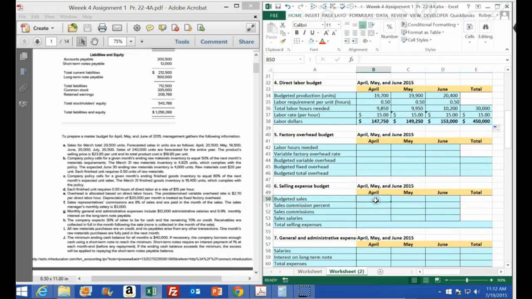Therefore, we're going to start off with, in the factory overhead, the labor hours needed. And we just calculated the labor hours needed. So we're going to say that equals, in this case, for April, the 9,850 labor hours needed for April. And then we're going to take those across. Once again, we're using the labor hours not because we're calculating the labor like we did here. We're calculating